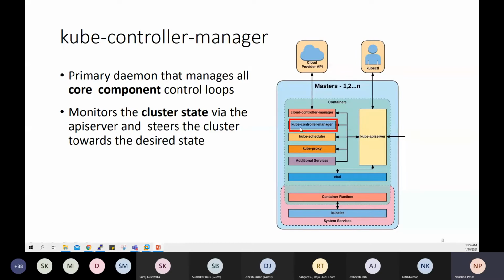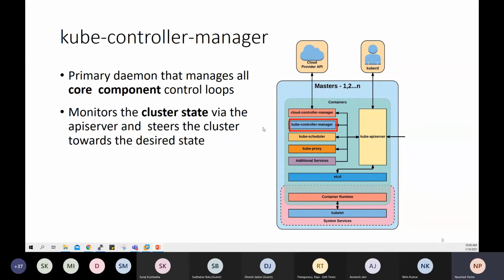The next component to discuss is the Kube Controller Manager, which is the primary daemon which manages many core control loops, such as replica set, deployment, stateful set, HPA. There are many different core components of Kubernetes that the kube controller manager manages.